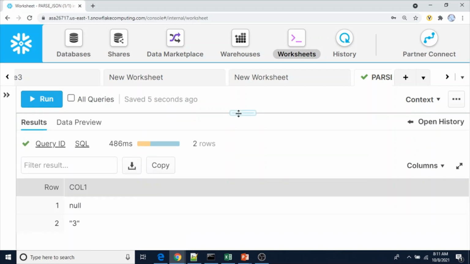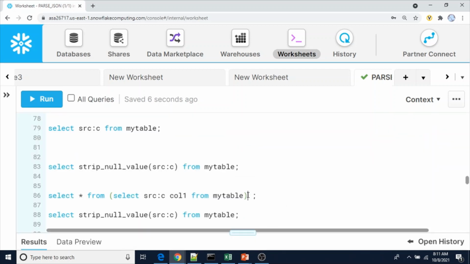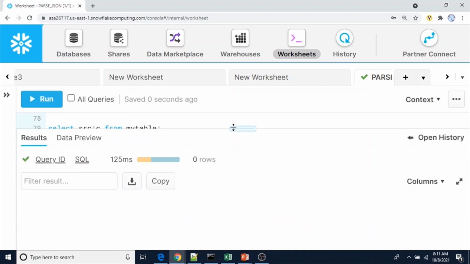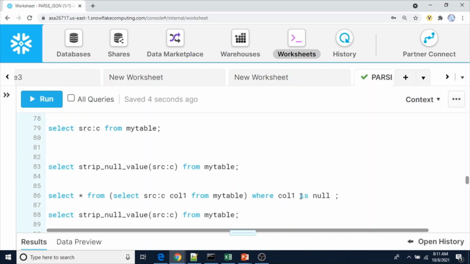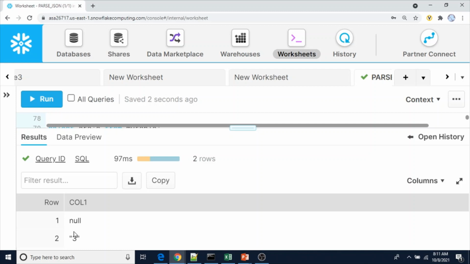Now, where col1 is null, I am trying to see whether null values are there or not. Here no rows are returned, and if I put is not null, we get two values, because this is not a SQL null value.